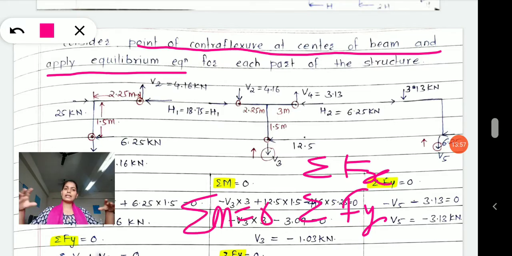My structure is based upon the columns and beams, and there will be a number of unknown forces acting within my frame. To understand each and every member force, what will I do? I will take a part of it. I will take the help of the point of inflection, and in the columns and beams I cut that section and separately analyze it. How am I doing it? See here.